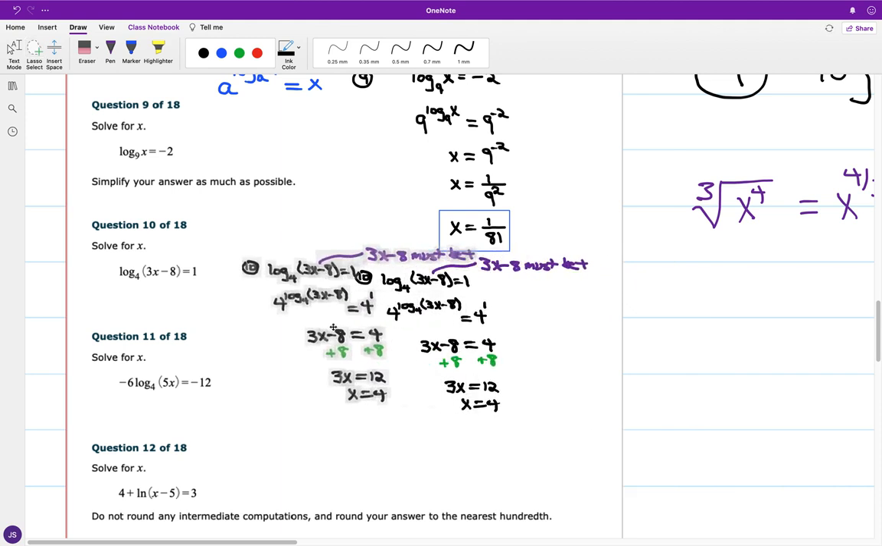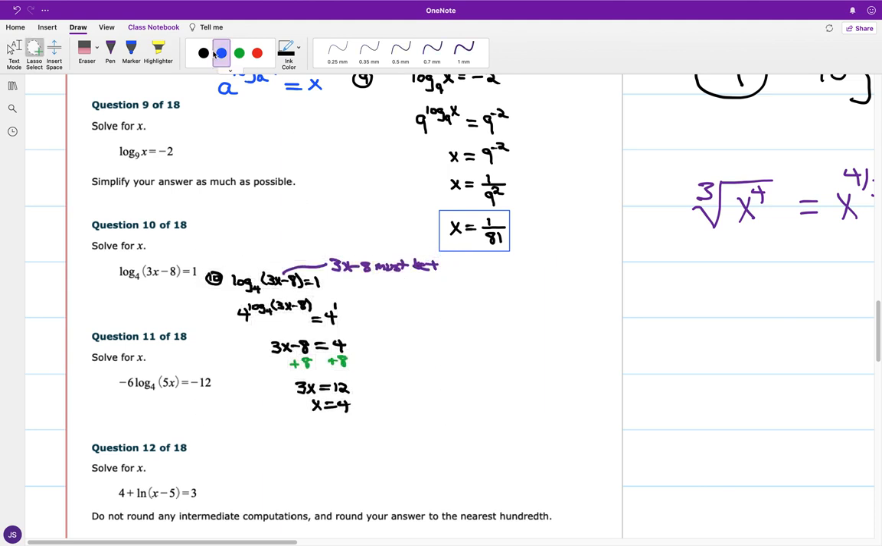I'm going to go ahead and squeeze in number 11. For this one, we got negative 6 times the base 4 logarithm of 5x is equal to negative 12. You can make life simpler, and one might pose the question, can you divide this whole equation by the coefficient that is in front of the logarithmic factor? In this case, yes. So if I divide out, I'm going to have that the base 4 logarithm